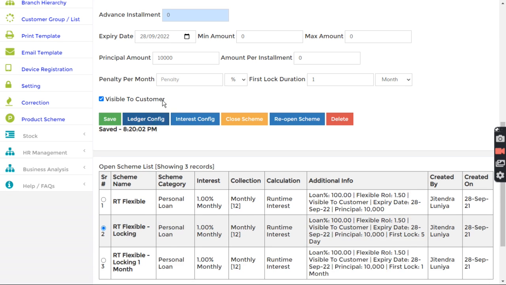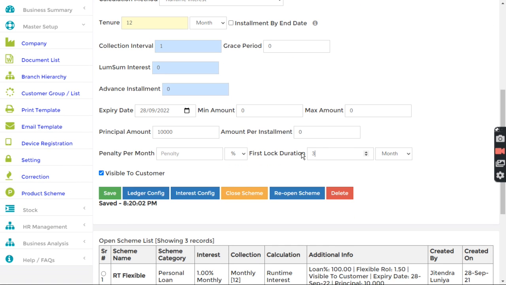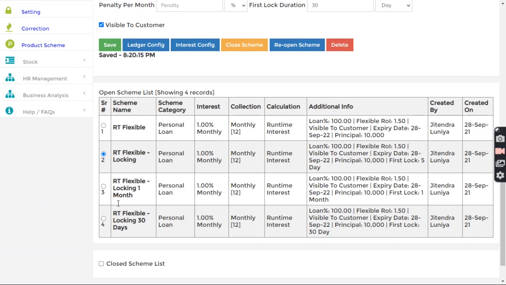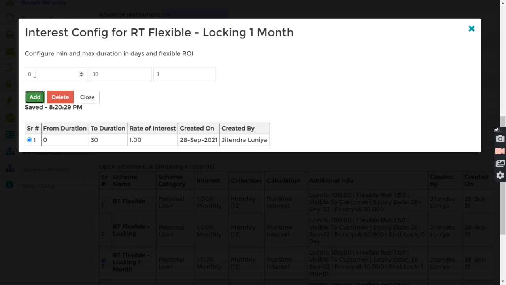Let's try this, and we can do 30 days locking. So there would be a difference between 30 days and 1 month locking. So for 1 month, let's configure again. This we can make a little simplified so that there is no need to enter again and again. In future, we can provide an option to directly copy the configuration from some other scheme.